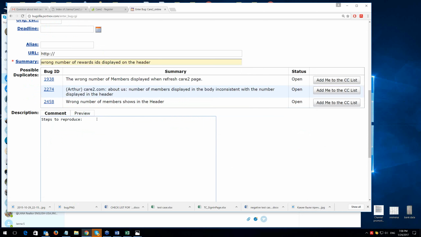So we put: first, make sure that you are logged in to the cartoon. Second, observe the number of the rewards on the header.